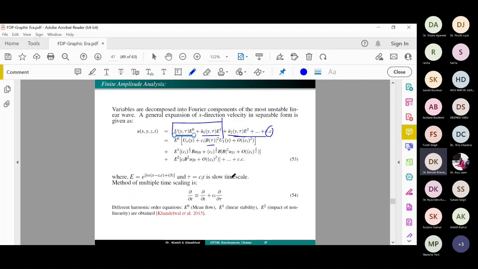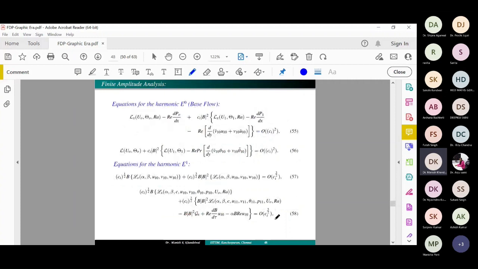One is the linear stability time scale. He does not disturb that time scale, and the other is the slow time scale. He captured the slow time scale and the non-linear interactions and put these into equations 53 and 54, the two time scales, and he developed equations of different harmonic order. Those who work in fluid mechanics know how to develop equations by the perturbation method. With a similar concept, we have to develop equations of different orders, solve the different ordering cases,